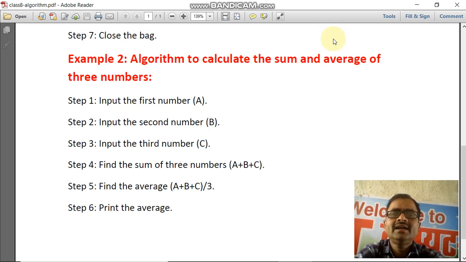So my dear students, keep the algorithm in mind, it is very simple. When you are going to solve any problem, what will you do first, then what on the second step, then the third step, then the fourth step, we write line by line, first line, second line, third line, in proper order.